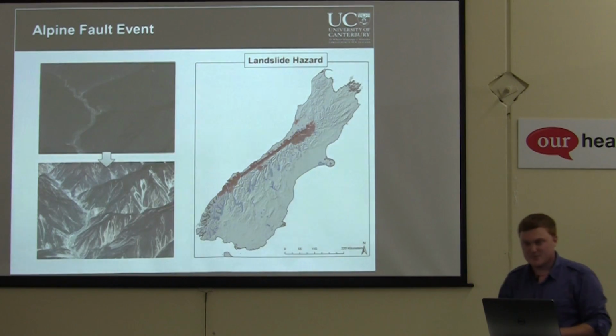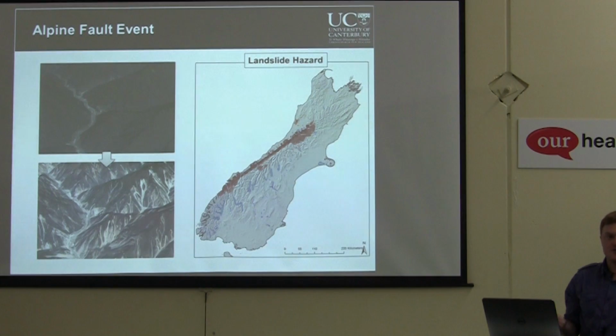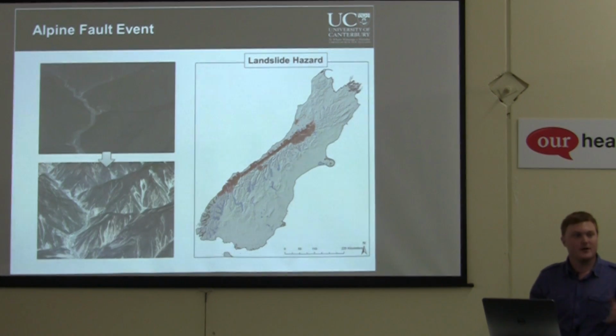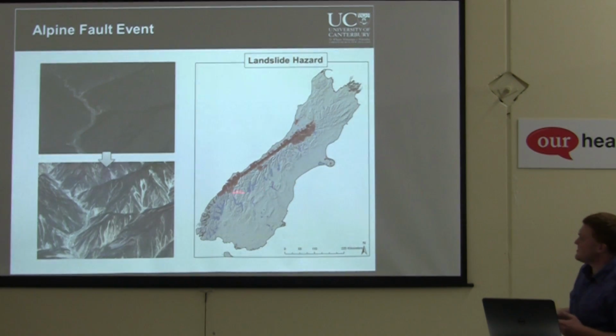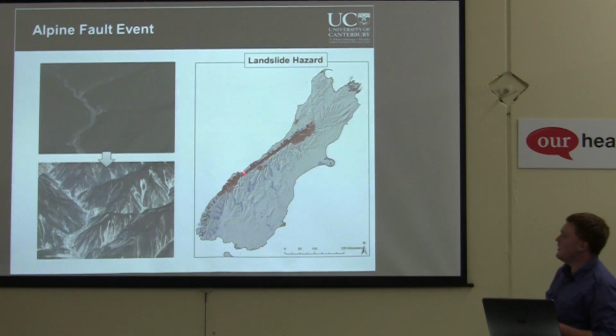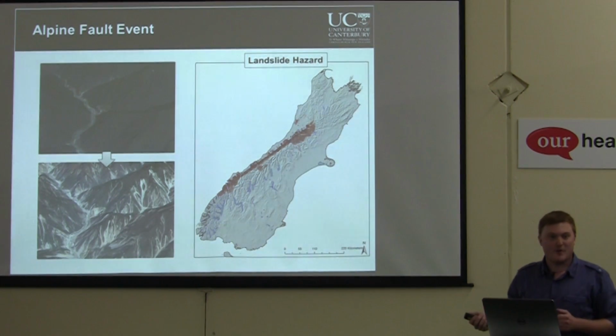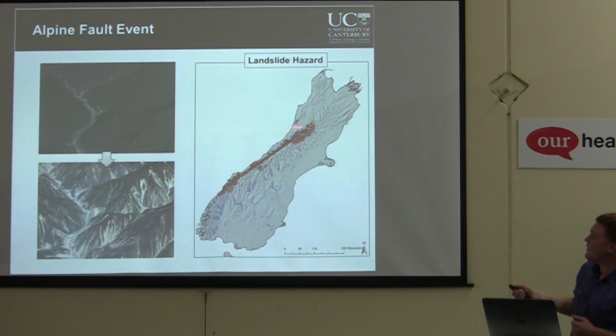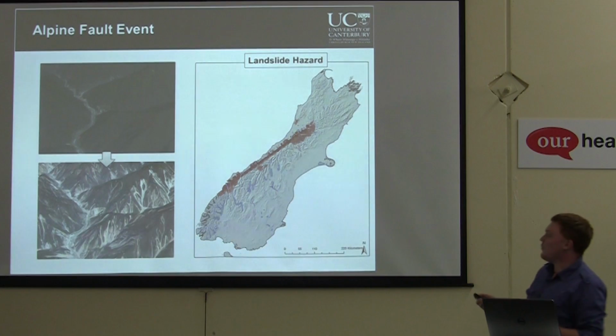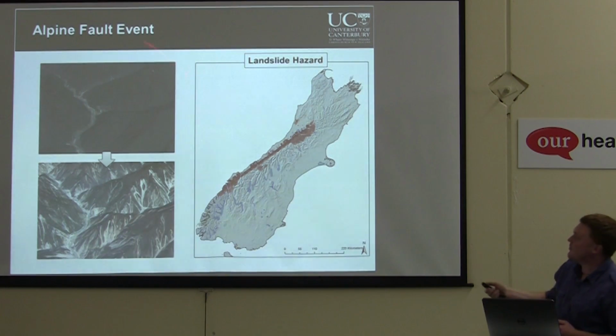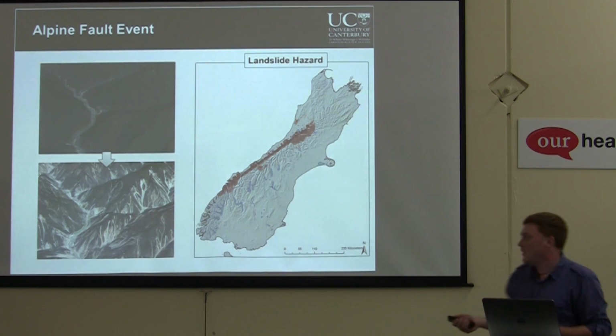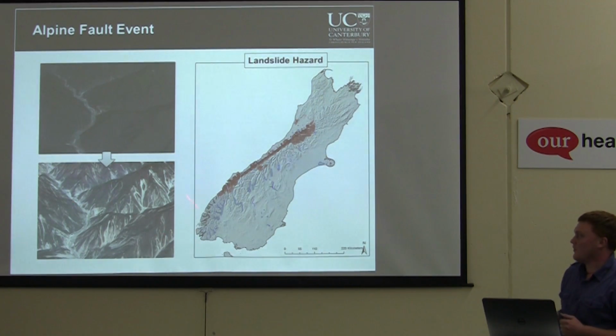So if we're to take out some of the highest hazards of that area and start to look at what that might look like, what area that might cover. So this is taking out just the very highest landslide values that we see. And you can see, again, these cover the entire fault rupture. These stretch back into the Alps by about 5 to 10k, perhaps even more so up here in the Arthur's Pass region. And what that might mean for our landscape is that we might go from these beautiful green, heavily vegetated Southern Alps that we're at now, we might end up looking something far more like this,